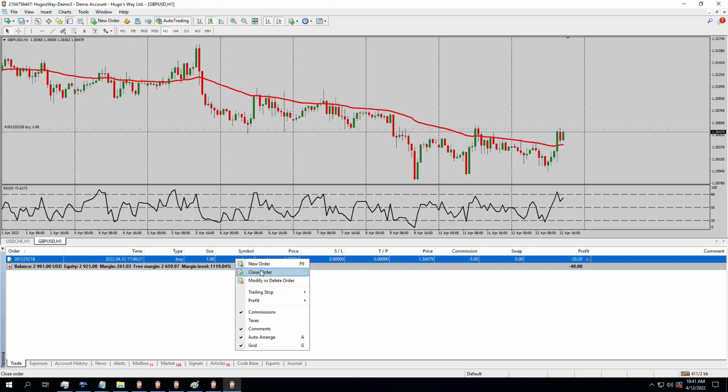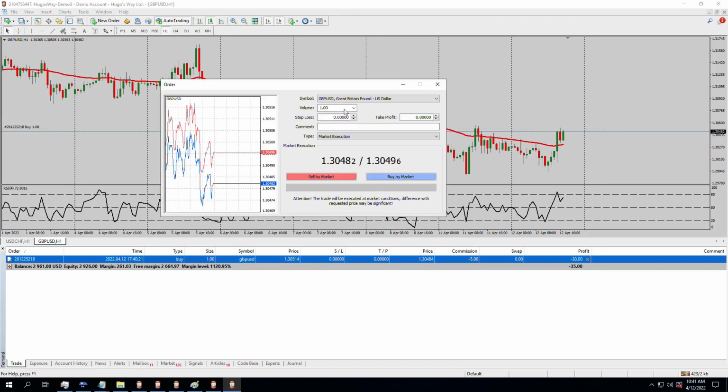note that you do not want to click Close Order. That will immediately close the order, assuming you have one-click trading enabled. If you do not have one-click trading enabled, then you will get something similar to this window here, which is really where we're trying to get to anyway. However, again, if you click Close Order and you have one-click trading enabled, and I'll show you where that's